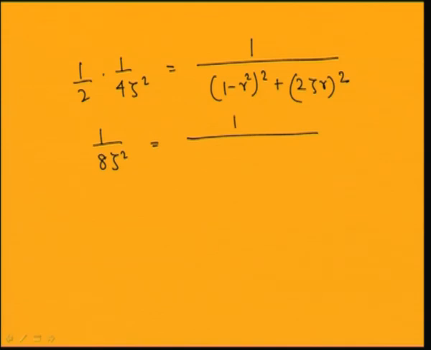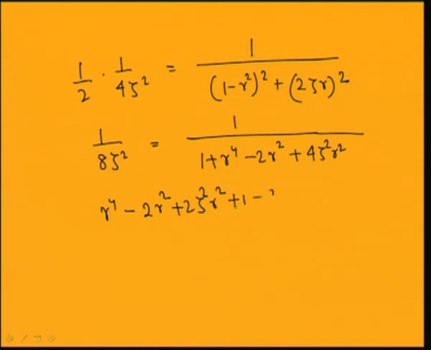Then this becomes 1 plus r fourth minus 2 r square plus 4 zeta square r square, or I can take it this side. So, this becomes r fourth minus 2 r square plus 2 zeta square r square